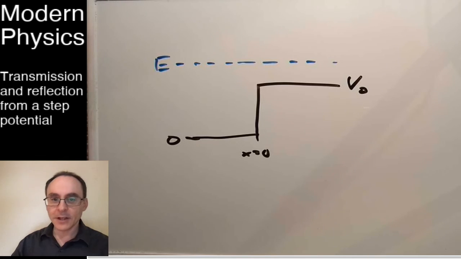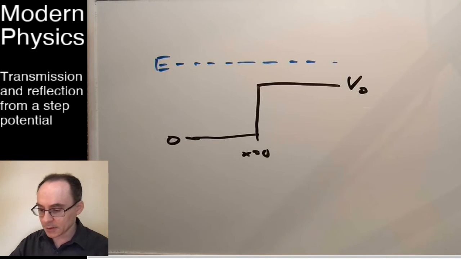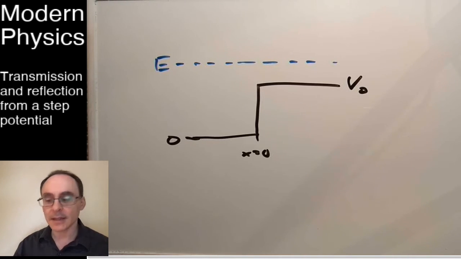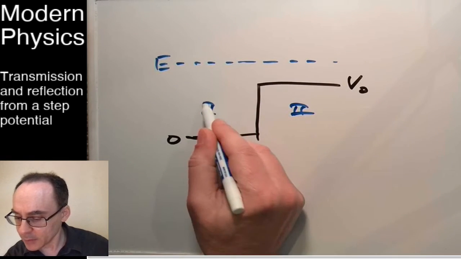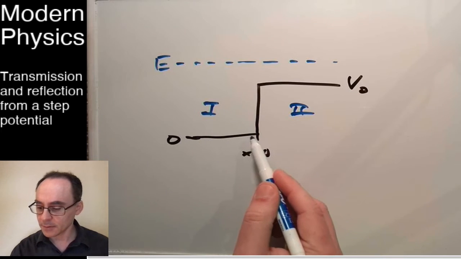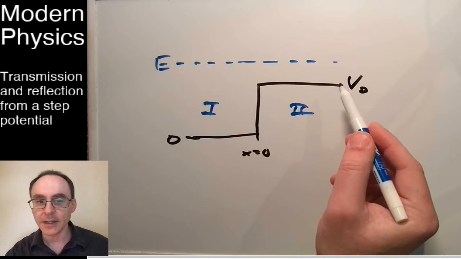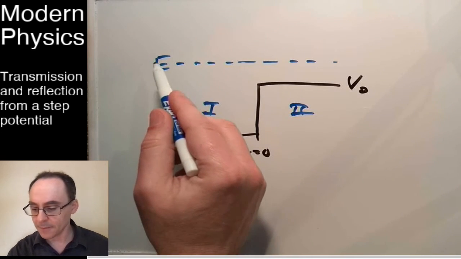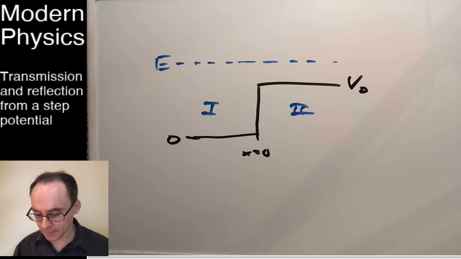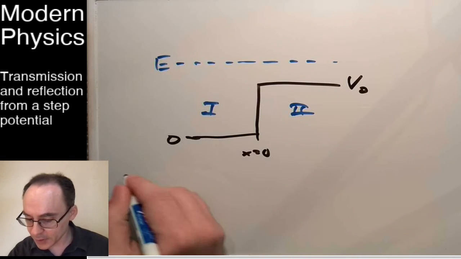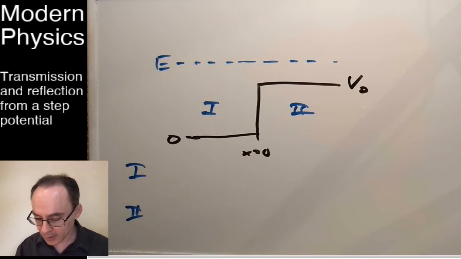Hello everyone. In this video, I wanted to go into the details of transmission and reflection off of a step potential. So we set up the basics in our live lecture where we said we have a step potential, which on the left is 0, on the right it's V naught. We have some incoming wave from the left traveling to the right with an energy E, which is above V naught. And in the two regions, we write down the most general possible solutions,